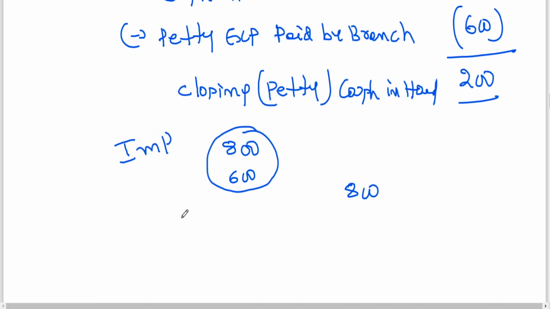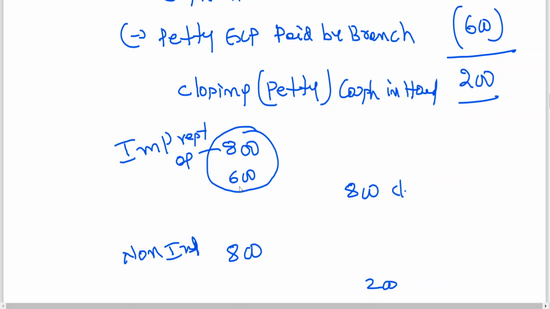If it is non-imprest system, you can see, this is imprest. Treatment will be like this is opening balance, this is closing balance. Non-imprest, 800 here, 600, 200 closing. Are you having the same effect or not? Tell me. 800 plus 600, 1400 minus 800, net effect is 600, no? Debit side more. 800 minus 200, net effect is 600, no? So either imprest or non-imprest, is the effect the same or not?